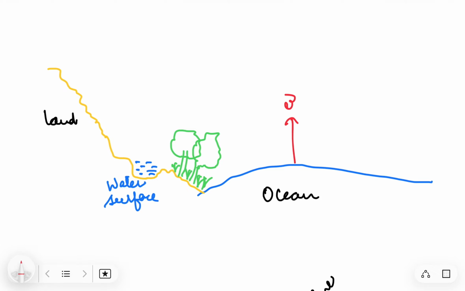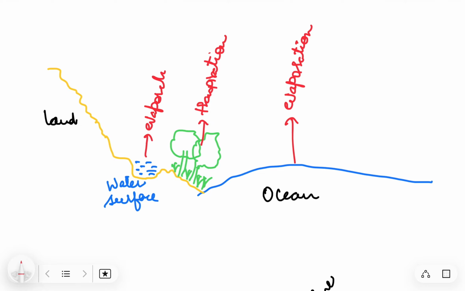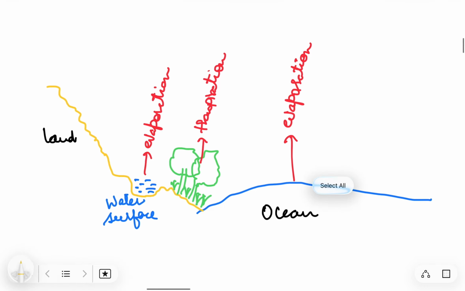So from oceans we have evaporation, and in case of the plants this is transpiration, and from the surface water evaporation will be there, and evaporation can be from soil, from reservoirs, and all these will form